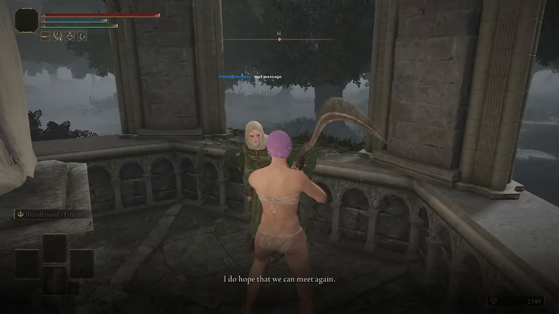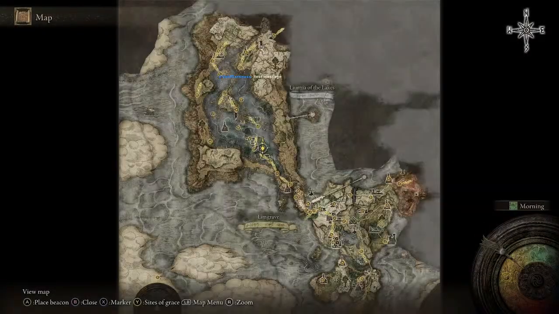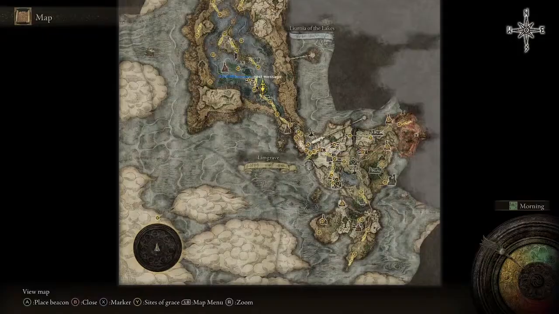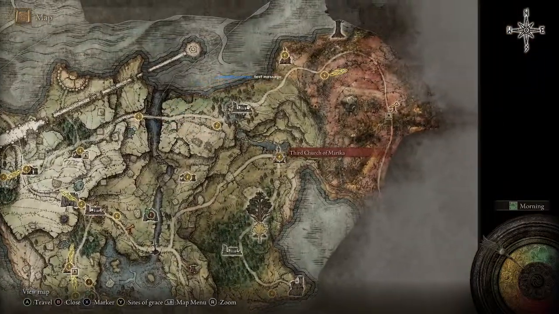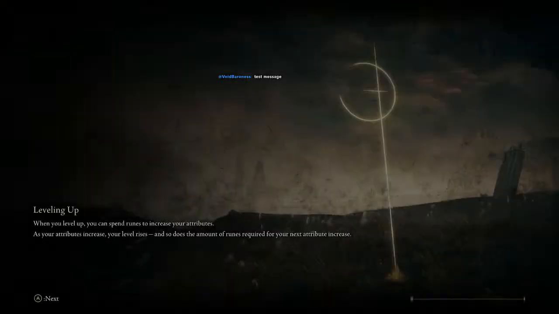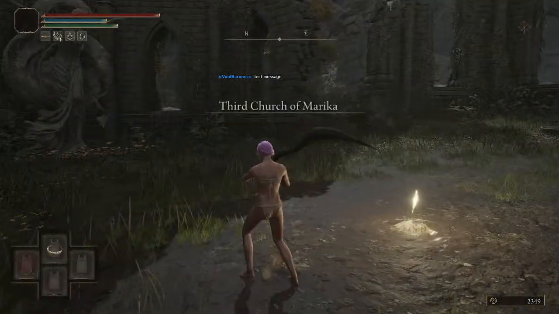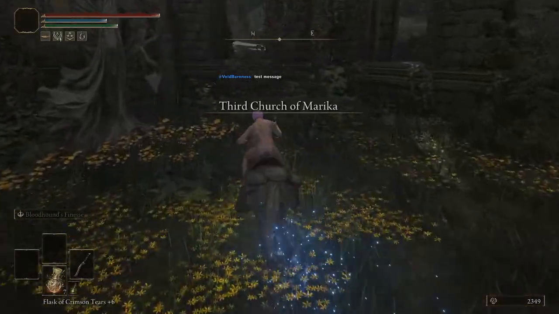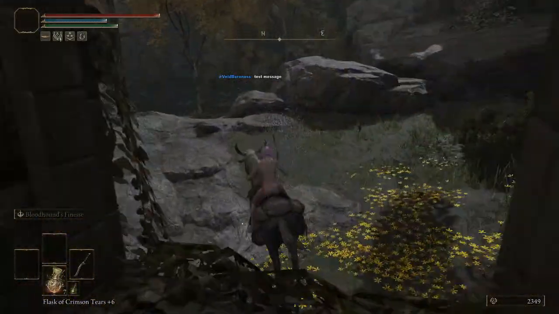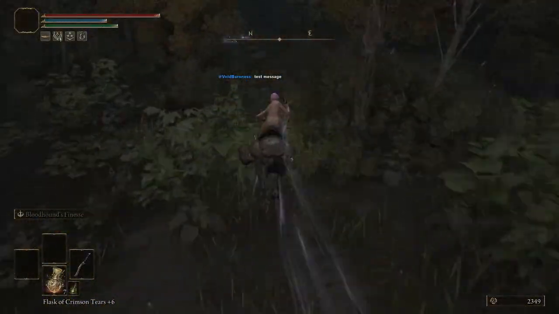I'll show this change because it's a little silly. Go to Third Church and go use the teleporter here, because it's a little silly. You go to this teleporter,